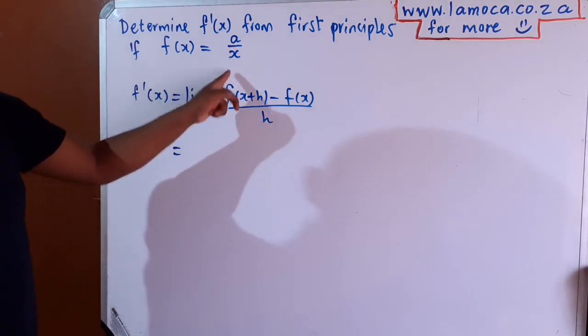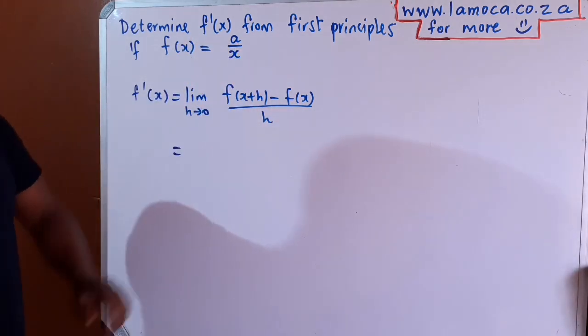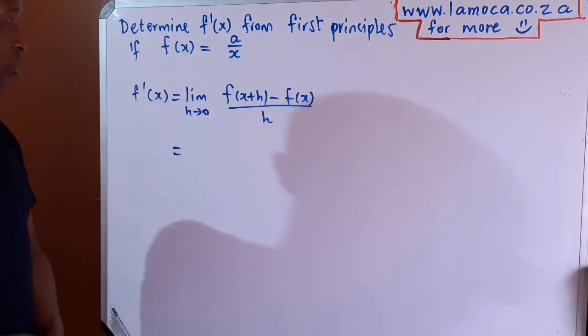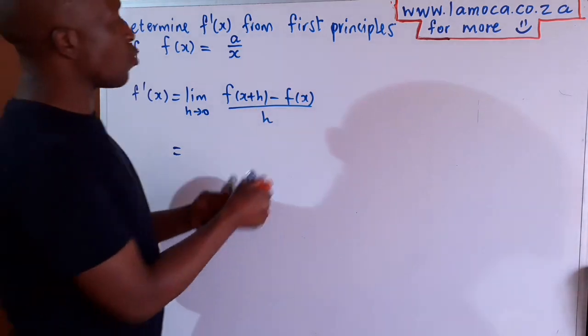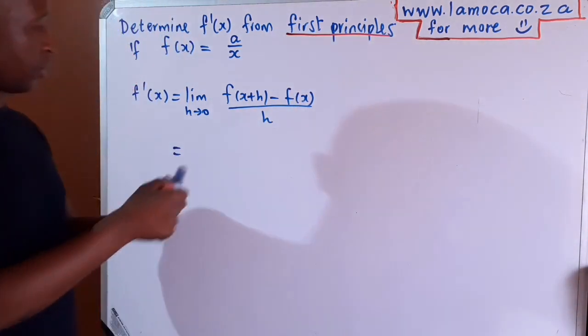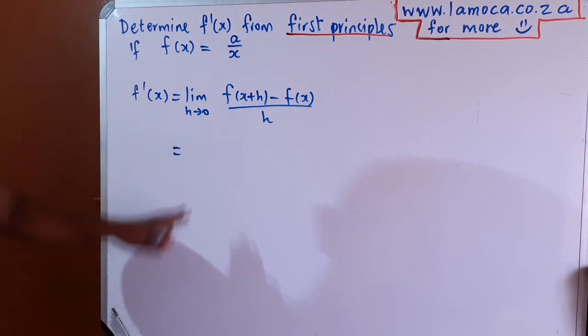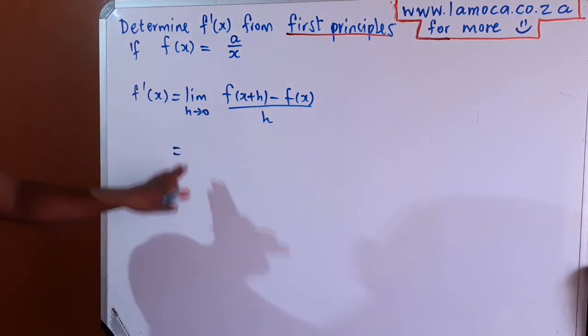I could have used 2 over x, I could have used minus 9 over x, I could have used any constant. So I want to work it with a to just show you that it doesn't matter. Whatever the value you have there, the answer is going to follow the same route. So once they say first principles, the key words here are those words. These words, first principle, mean that we need to use the formula for first principles, which is this one that you're looking at. The limit of f of x plus h minus f of x divided by h